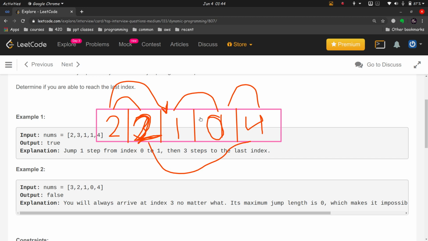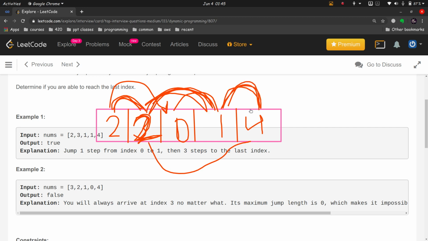But if this were to be a 1 and this were to be a 0, then we can reach the end by making a jump from here to here, then making a jump of length 2 from here to here, and then a jump of 1 from here to here.